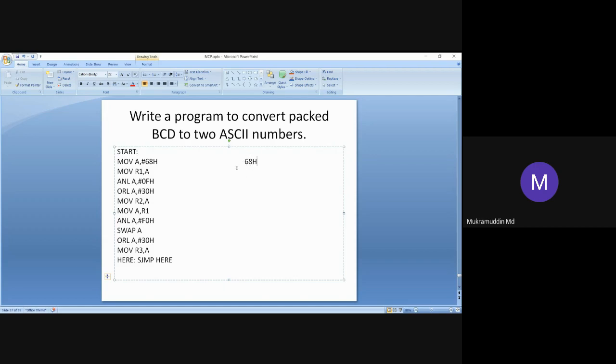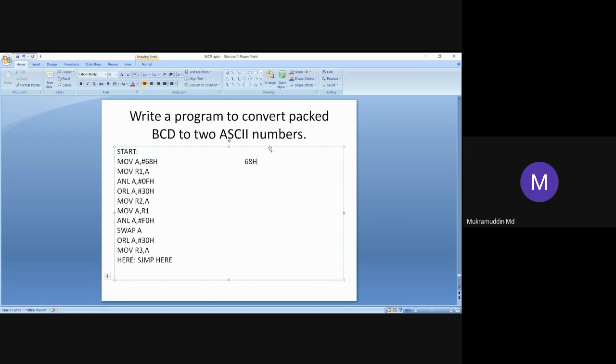Means we can use numbers from 0 to 9 for the first digit and second digit. But we cannot use the hexadecimal digits like A, B, C, D up to F.